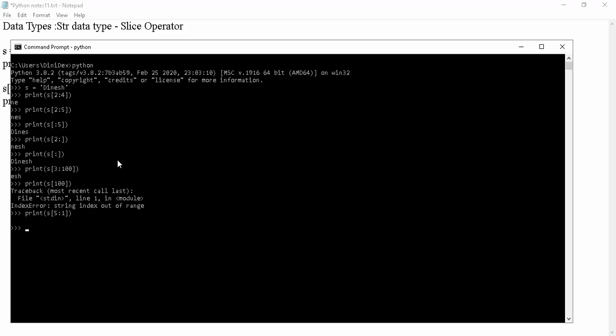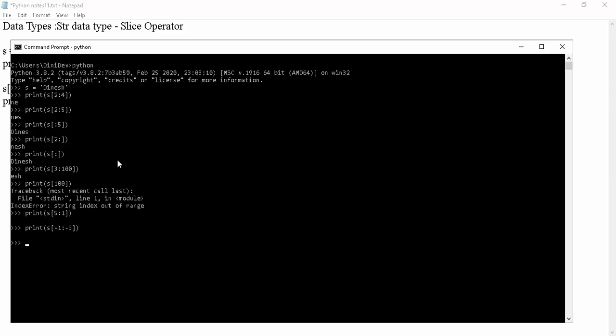It will not run in the reverse direction, and also we can't use negatives, for example minus 1 to minus 3. It will not calculate the negative numbers in this way. Even if you begin with the end number and want reverse direction, it will not throw any error and it will not show any output, just an empty result.